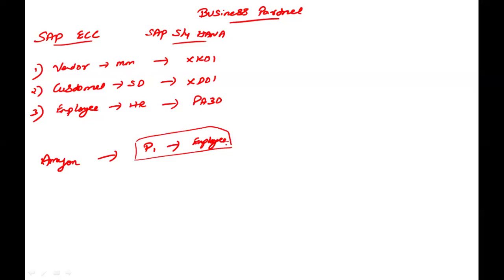Now, if this employee needs to buy anything from Amazon, he can buy, right? So the same person is also a customer. When he is buying material from Amazon, he is a customer. When he is working for Amazon, he is an employee. The same person can be an employee and a customer,